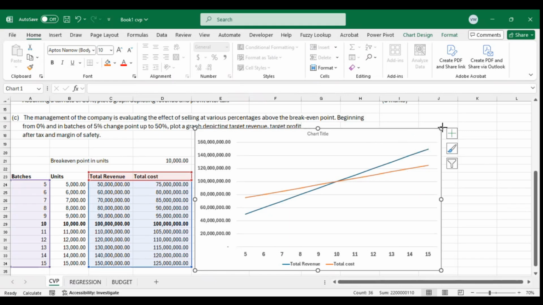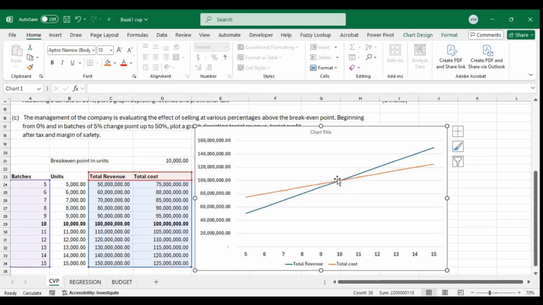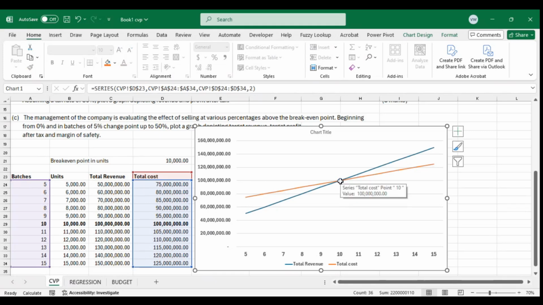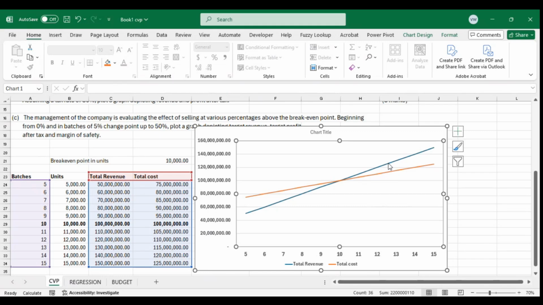And you can see that if we are to pinpoint where the two lines meet, within our area, that is where the total cost is equal to the total revenue. And we have exactly 100 million. So this is where our graph breaks even. So it is now very true and clear that this is our break-even point. So now that we've shown the break-even point,